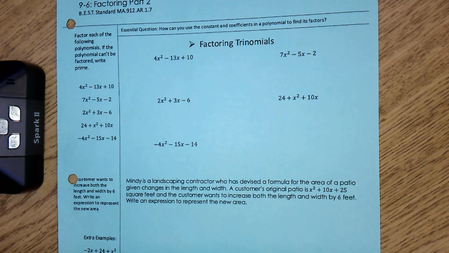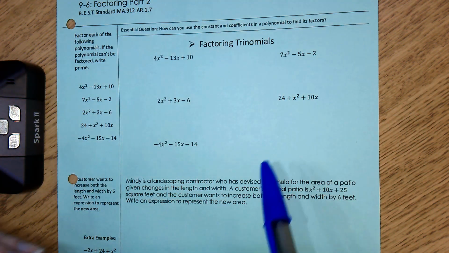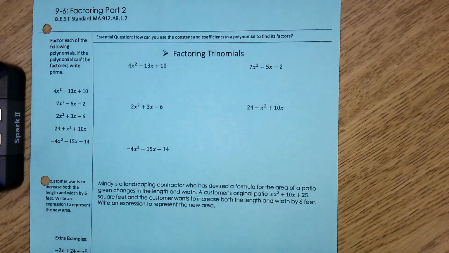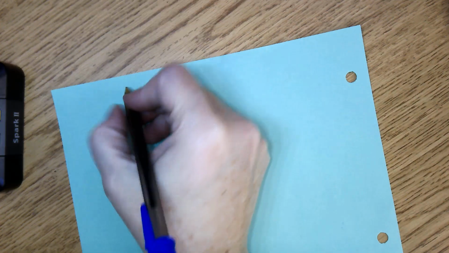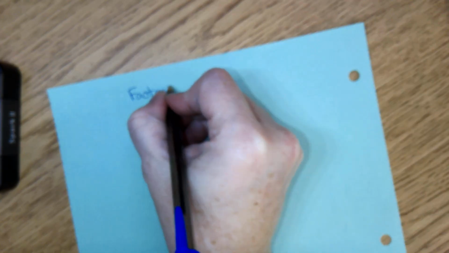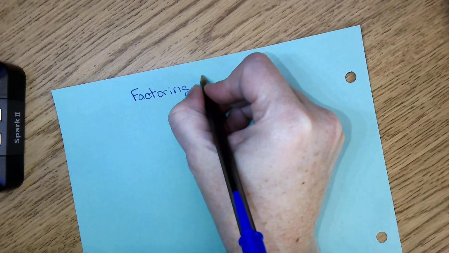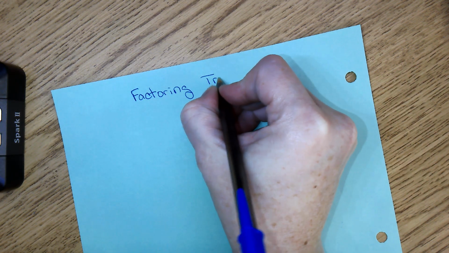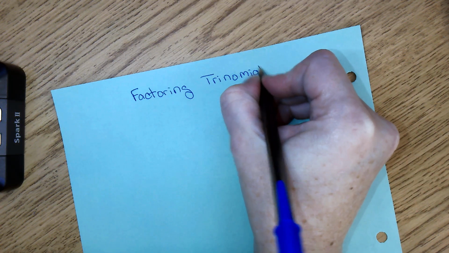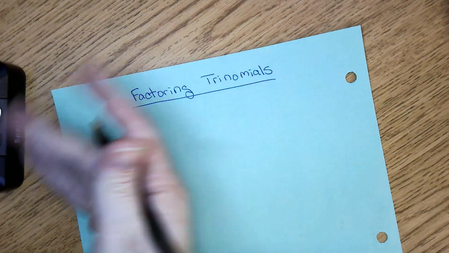Alright, so we have a set practice that we do when we factor trinomials. So let's write down our steps on the back, okay? So factoring trinomials, and tri means 3. So anytime we have an expression that has 3 terms, it's called a trinomial, and you're going to follow these